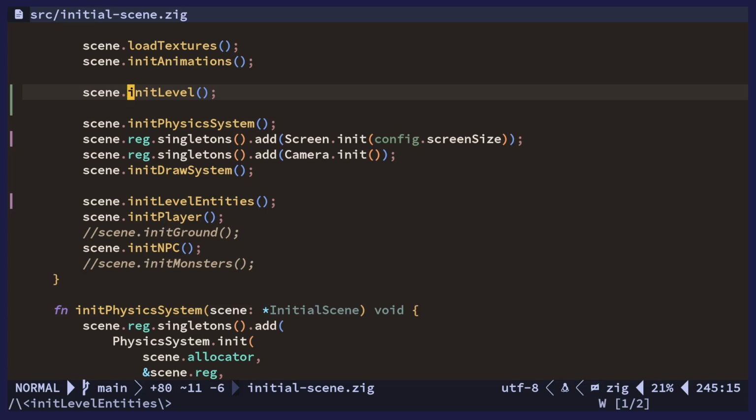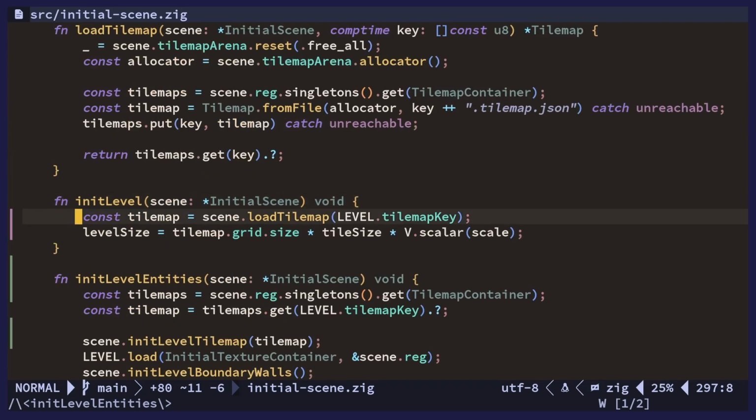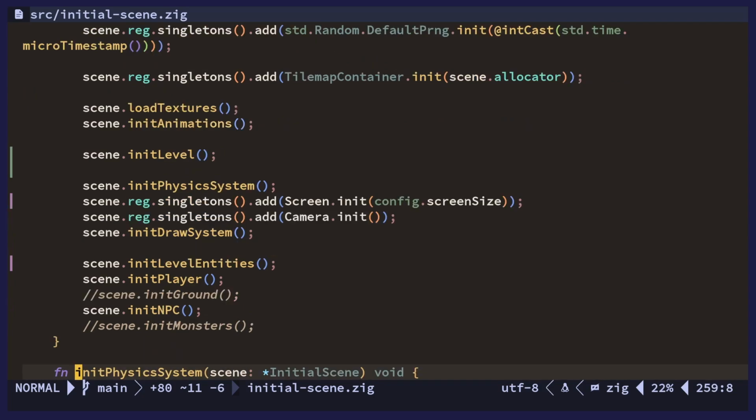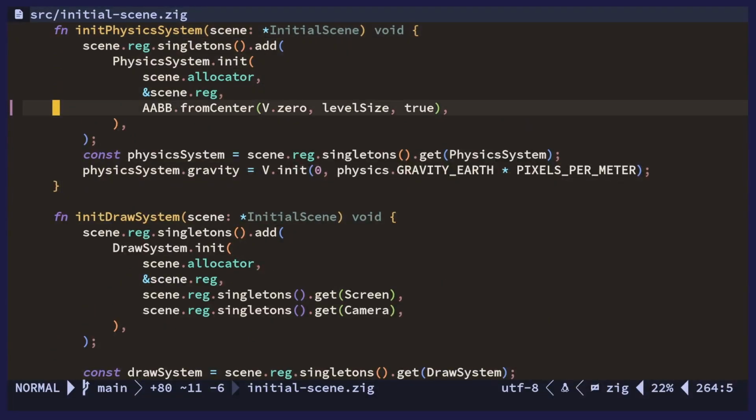So I initialize the level before the physics system now because we want to set the level size here before we initialize the physics system. And why is that? Well, that's because we ran into actually two issues with the collision system. And one of them was that the boundary of the quad tree was set to just like the size of the background picture or something like that. And I mean, I guess that would be fine for now, but